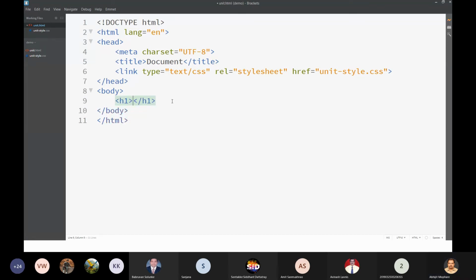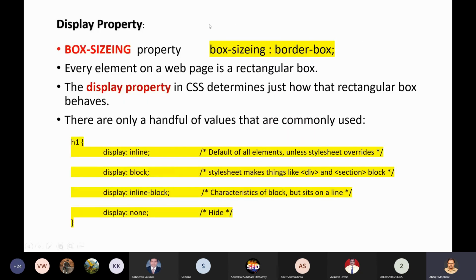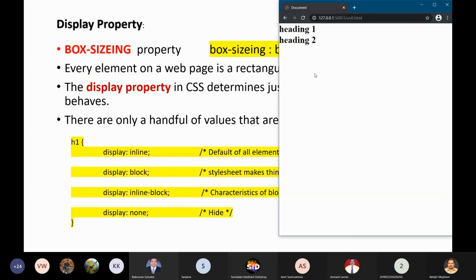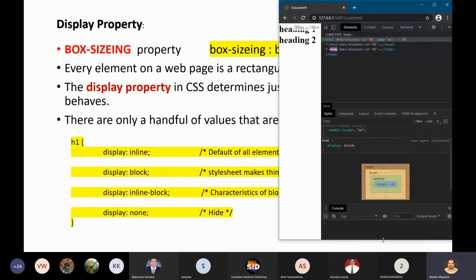H1, heading 1. I will use another heading, H1, the same one. I will save it and let us see how it is displayed. As you can see, it is displayed one after the other.